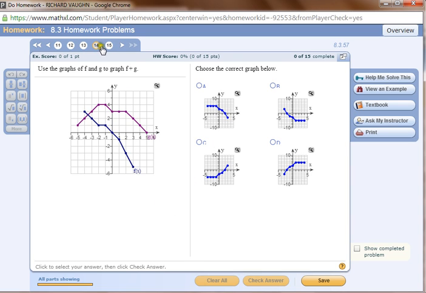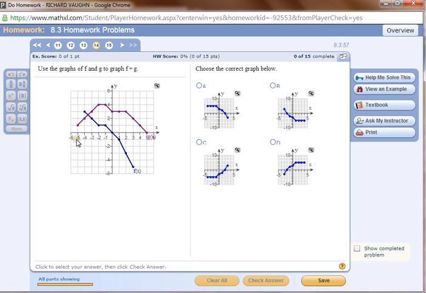So these are the last two questions, number 14 and 15. They have to do with graphing and then the addition of functions. So here you have a graph of f of x in blue and a graph of g of x in purple, and you're asked to select the appropriate graph for the function f plus g. So what we're going to do is look at the outputs for each of these functions for each associated x, and then compute the sum, which would be the output for the y,